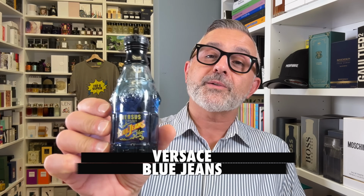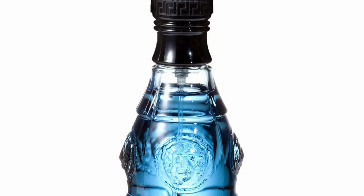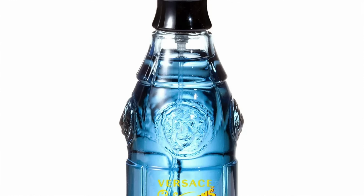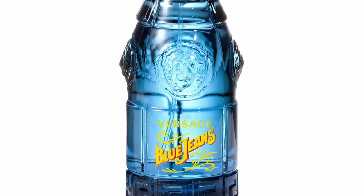And then next we've got a male targeted release. This is Versace's Blue Jeans. I haven't spoken about this one for a long time. But in the end, it's a cola-esque fragrance once again, but super sugary and sweet. To me, this doesn't act very fizzy. It's cola-esque, but just imagine you've opened your can of Coke, left it open, come back the next day, it's